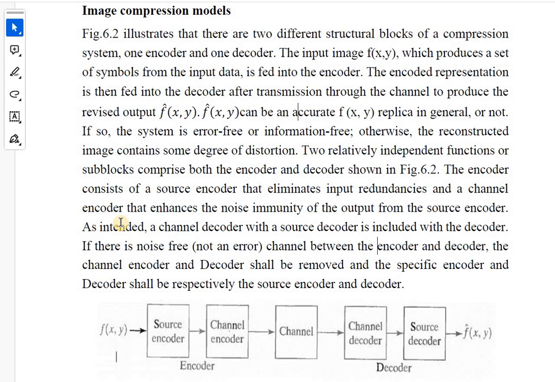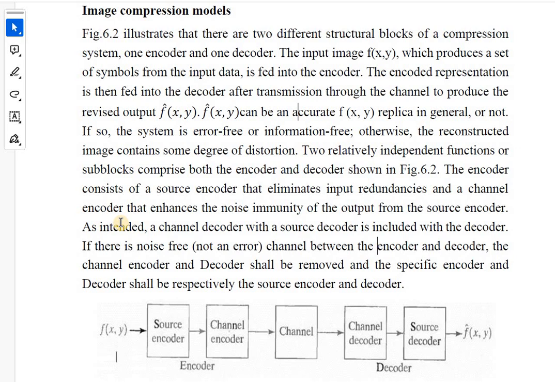If both are the same, it means your compression was error free. Nothing has been lost in the compression and decompression process. And if your compression is lossy, that is, you're losing certain details in the process, then obviously f(x, y) and f cap(x, y) will not match.